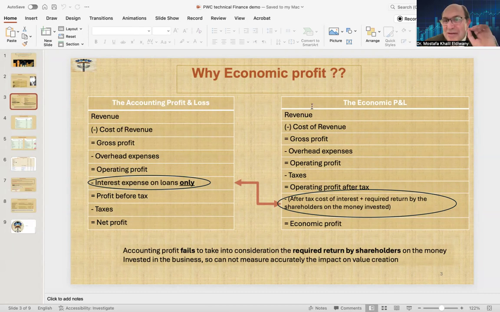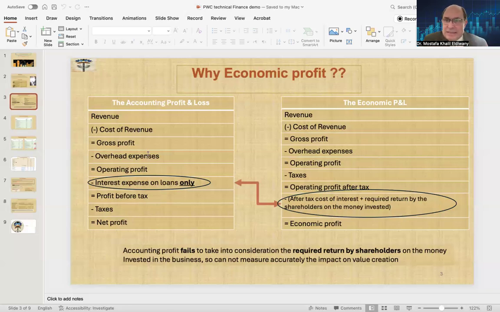But there is something very important called the economic profit. When you achieve the economic profit, you are probably very near to generating what is called value creation for the shareholders, making the business bigger, more valuable, probably impacting the share price in a positive way. What is the difference between economic profit and accounting profit? A lot of differences. But what we are going to talk about now is the issue of how